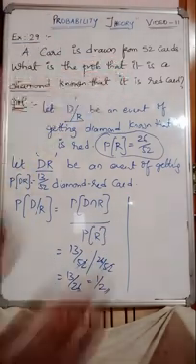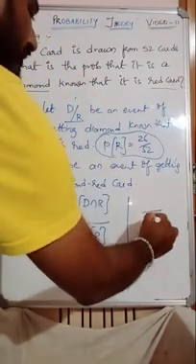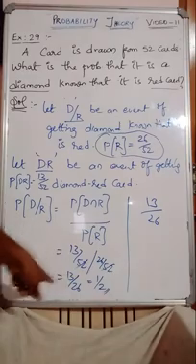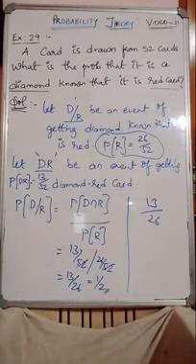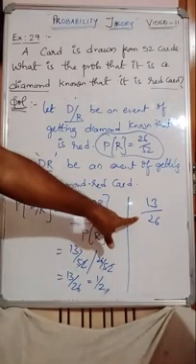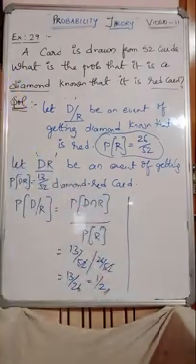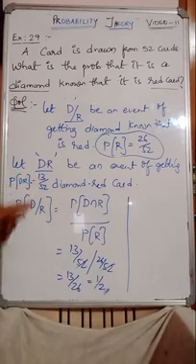Diamond, known that it is a red card. So red cards will be 26. Diamond cards will be 13. So answer is 13 by 26. Both the answers are correct or no? This is for competitive examination and this is for theory examination. You need to write elaborately. You understand, guys? Once have a look at the same problem. So easy but a little logical kind of thing. Remember, what events are to be taken, that matters.